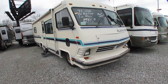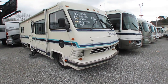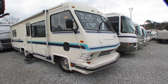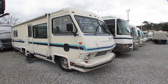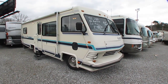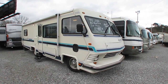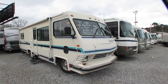Folks, the man that traded this in was a local customer and a friend of the family for longer than I've been alive. A 50-year Harley Davidson master mechanic who is well known, or used to be well known across the country for his expertise in Harley Davidson motorcycles and repairing them and customizing them and things like that. He bought this motorhome back in 2007, so he's had it about 12 years. Unfortunately, he's into his mid-80s now, and his health wasn't good enough for him and his wife to